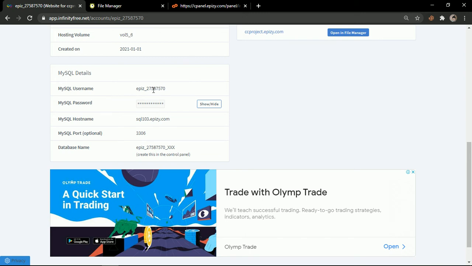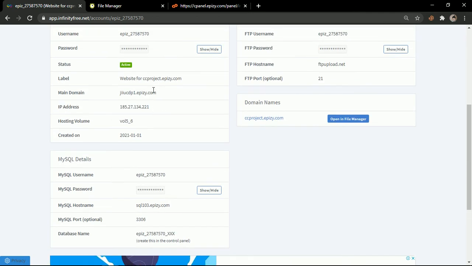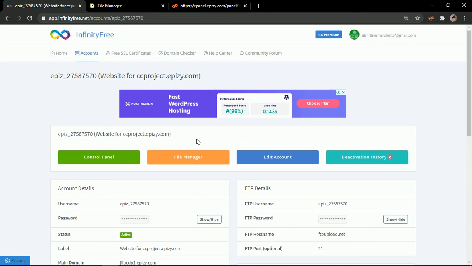If you don't change them, some kind of error comes, and there will be a connection problem. After creating everything, they will provide a domain name.